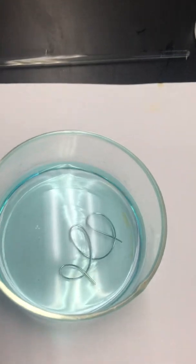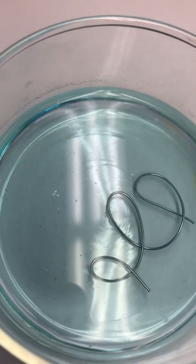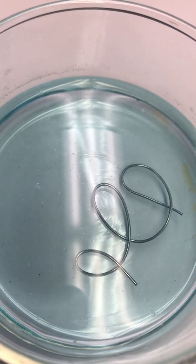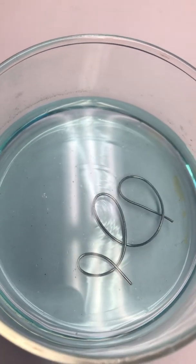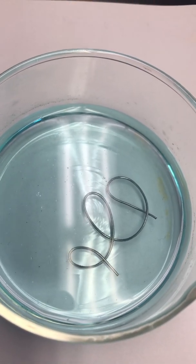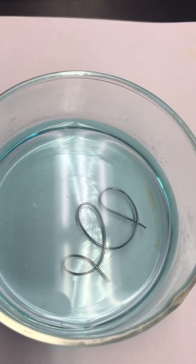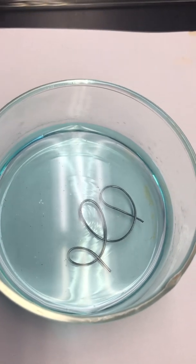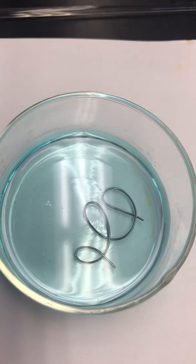All right. There is going to be excess hydrochloric acid in this solution, so it's going to react with my aluminum. And in addition, there is a copper solution here, and I know that because my solution here is blue, and that's going to react with my aluminum wire also. Okay. So we want to record all observations,